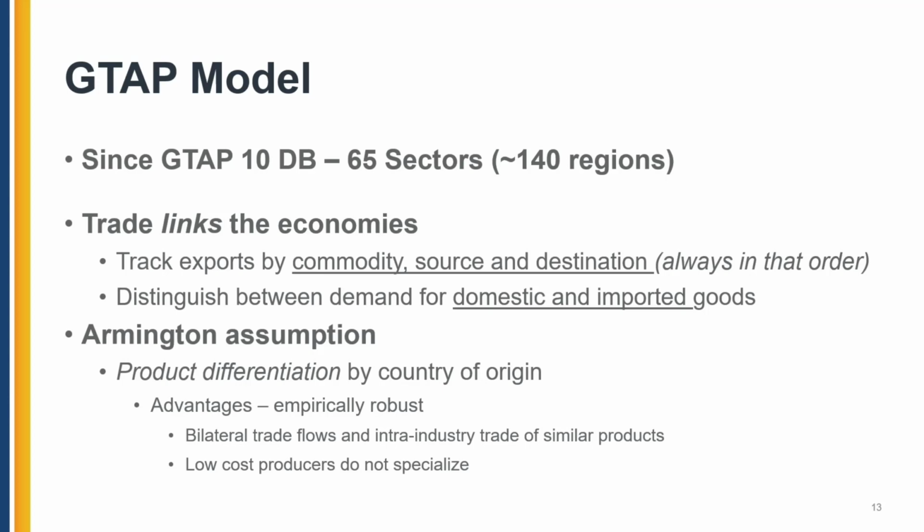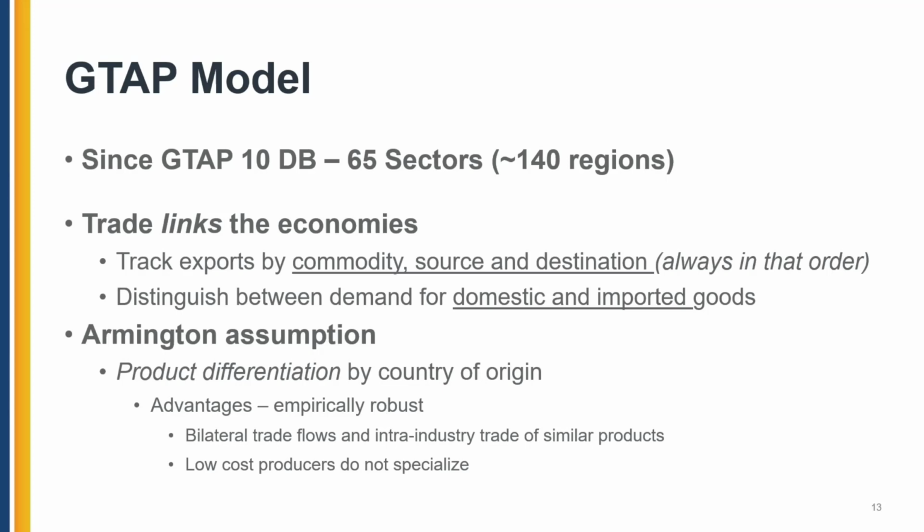It may not be a two-region model, but that's certainly open to us because GTAP is not just a code product, it's a database product. And it's a database product that allows you a lot of flexibility in designing the version or the way you want the data to appear in terms of regional and sector specificity. That's a big database when GTAP is fully fleshed out, and we have trade linking all those economies in